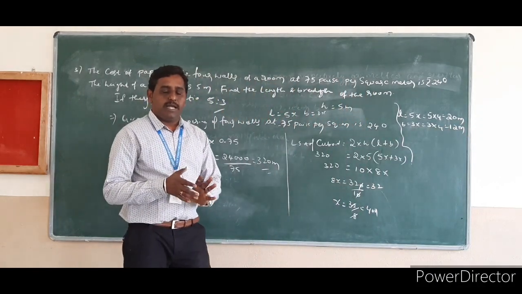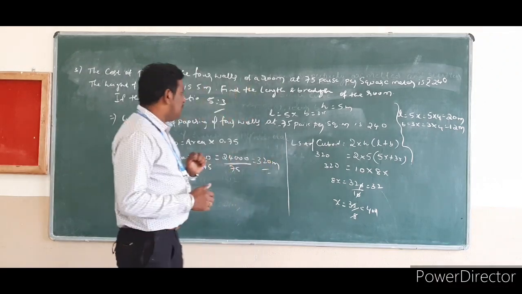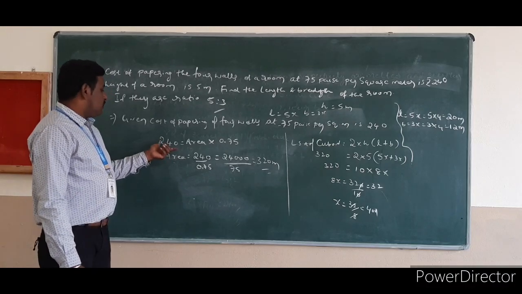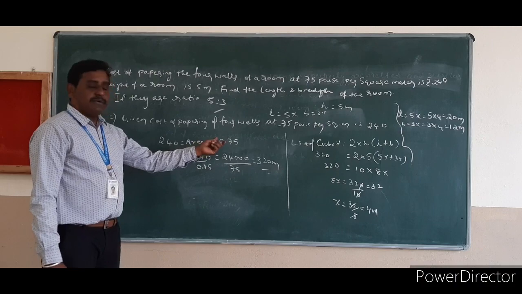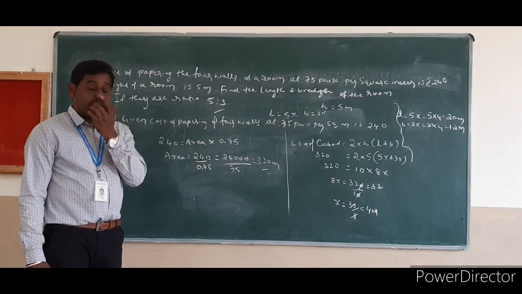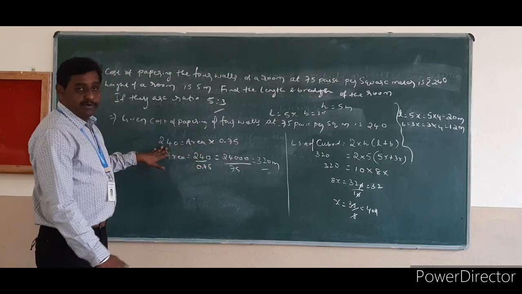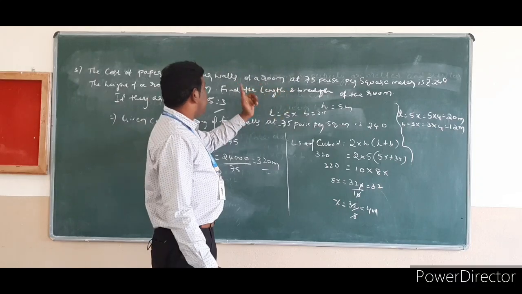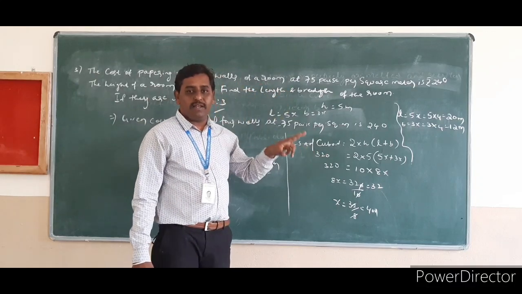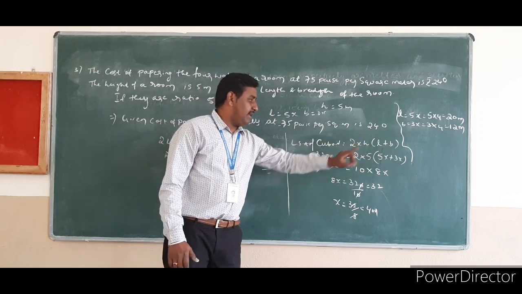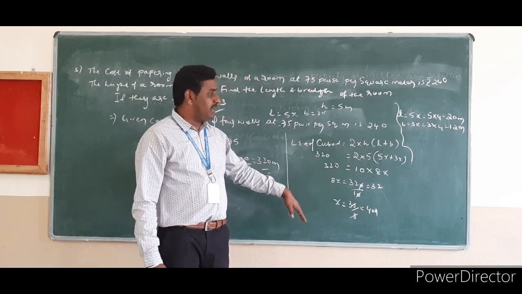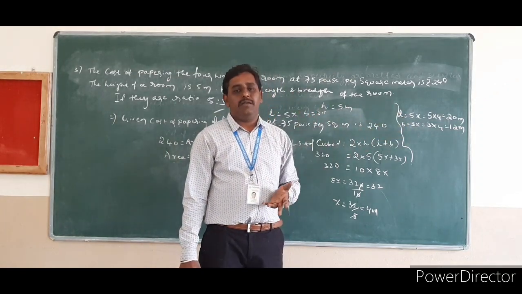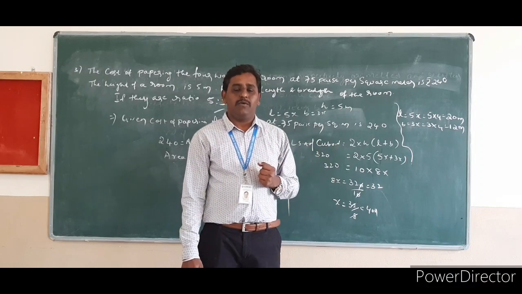So, this way, we are going to solve problems on the cost of papering 4 walls. Total cost is equal to area into cost per square meter. If you multiply, you get the total cost. First, we find the area, and after that, for 4 walls we take the formula of LSA of a cuboid. The L and B ratio is given. Find the x value, and after finding it, substitute the x value in L and B. You can easily find the length and breadth of the given 4 walls.